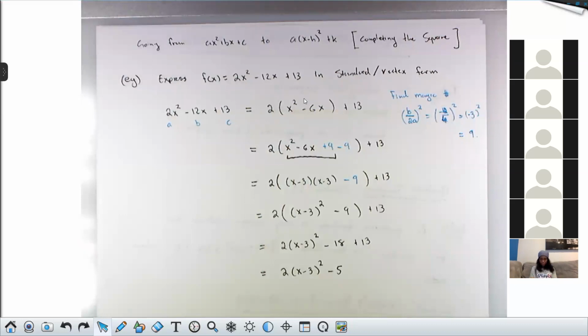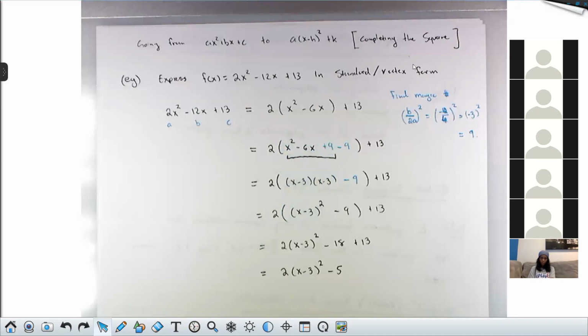Other questions? Yeah, so Mel says, where's the +9 and -9 coming from? I'm choosing to insert those, which is a little bit sneaky. So this is why we call this a magic number. We cook it up on our own, and then we add it and subtract it, because doing that will always make the first 3 terms factor as a perfect square, which is why this is called completing the square. So you see this +9 right here is exactly what I needed to add to x squared minus 6x in order to make it factor as a perfect square, this x minus 3 all squared. If I'd added any other number here, this wouldn't have factored this way. So the 9 is special.